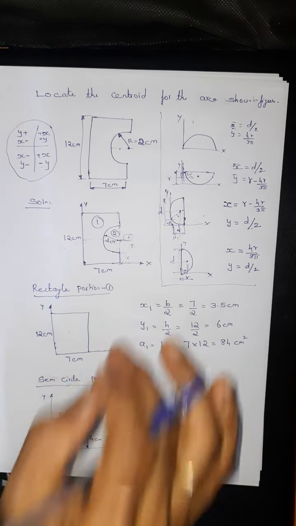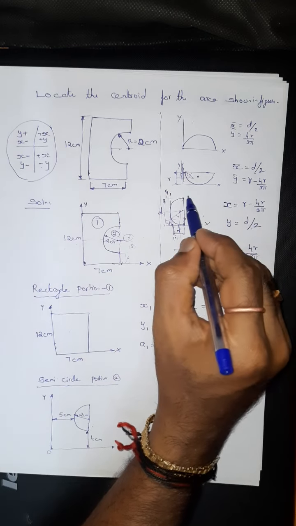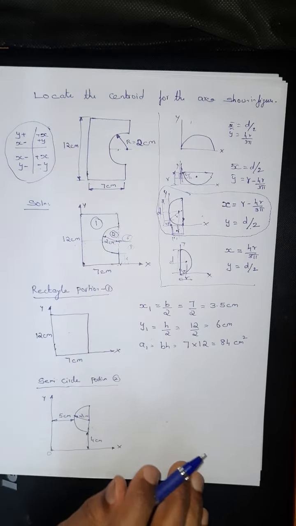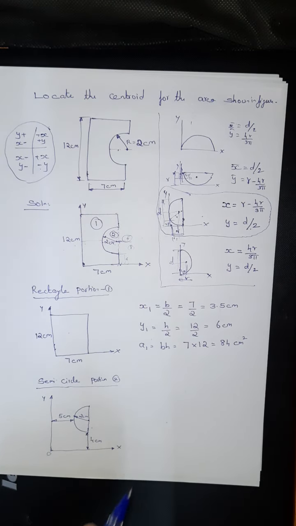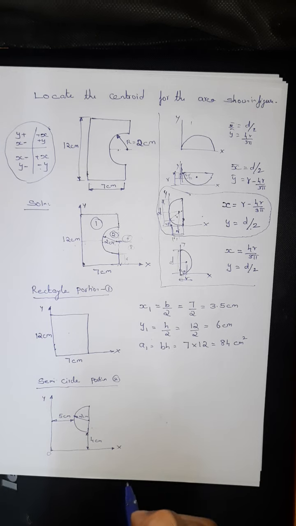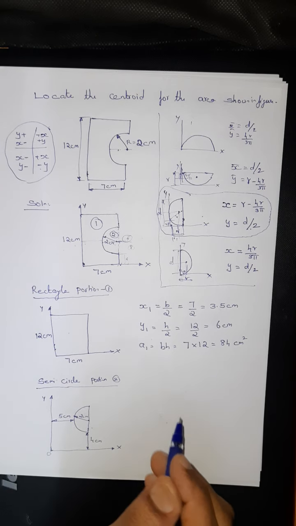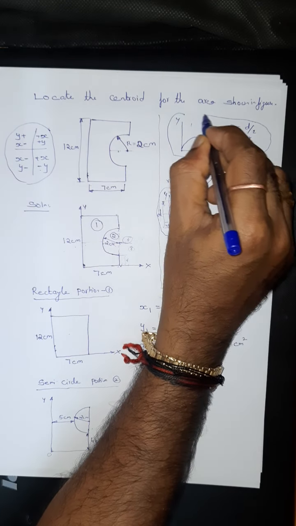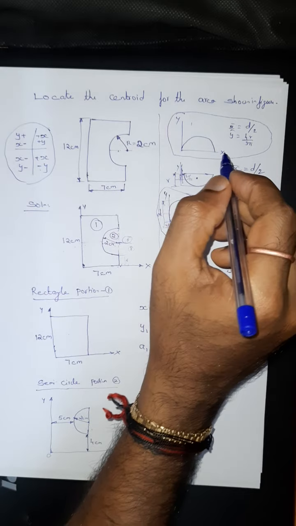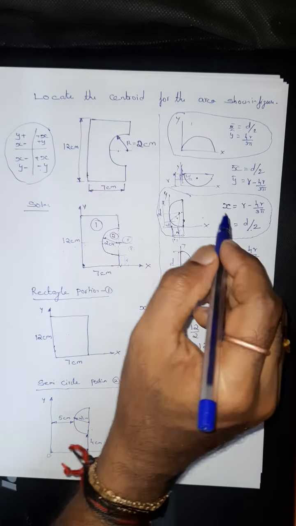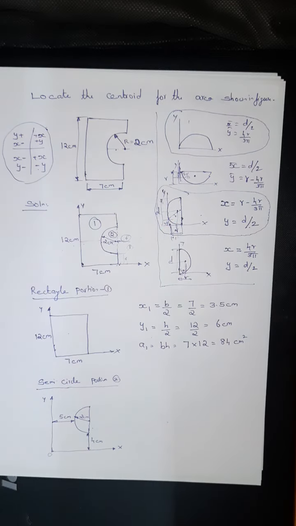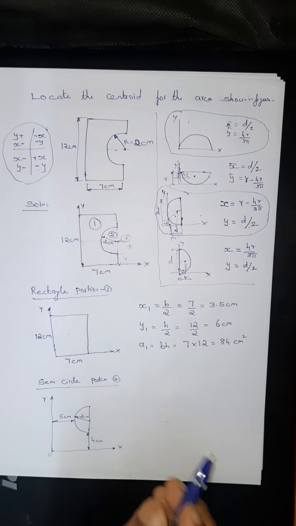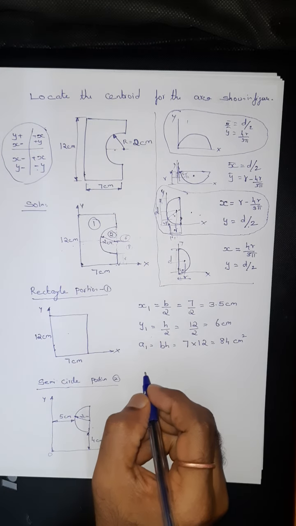See, as far as this problem is concerned, our object is in which quadrant? It is in the second quadrant, right? So this is the formula which we'll have to use here. When you have such problems, the formula is arrived at based on this position only. So you have to be very careful when you try to solve such problems. You have to remember how the position of the object is kept, the symbol convention kept, to arrive at the formulas, right? So this is what I'm going to apply here.